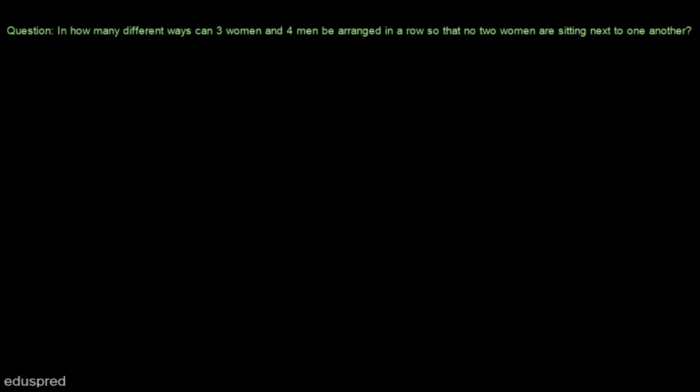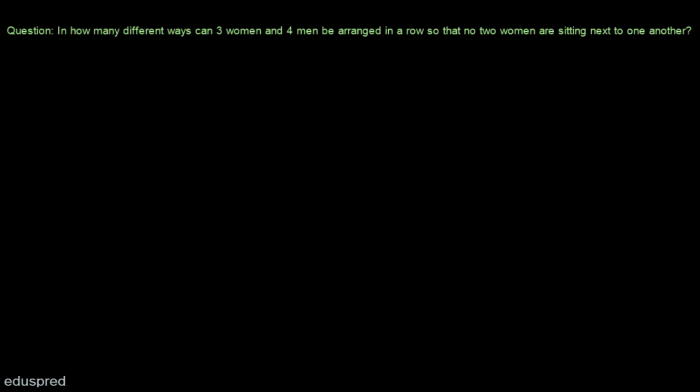In this video, I'm going to solve this question. In how many different ways can 3 women and 4 men be arranged in a row so that no 2 women are sitting next to one another? Well, before I start solving this question, I want your complete attention for the next few minutes because this question